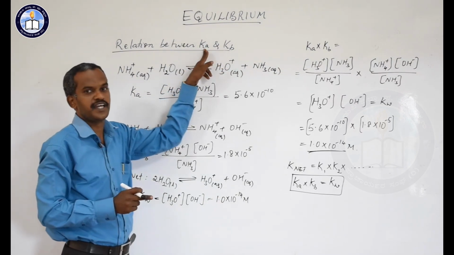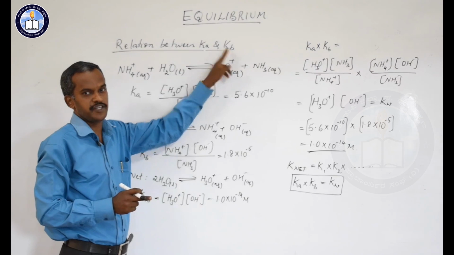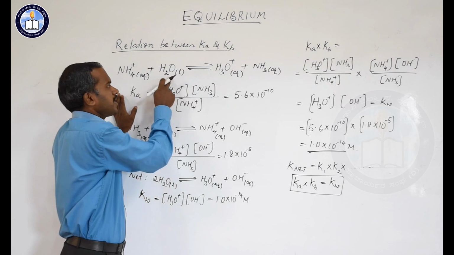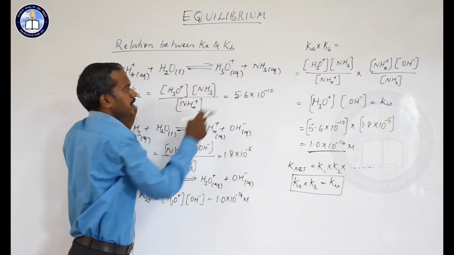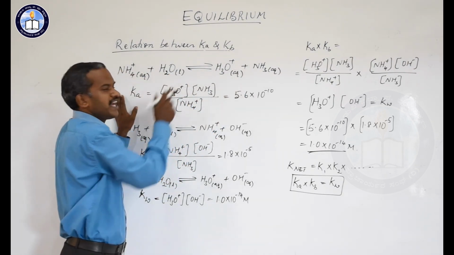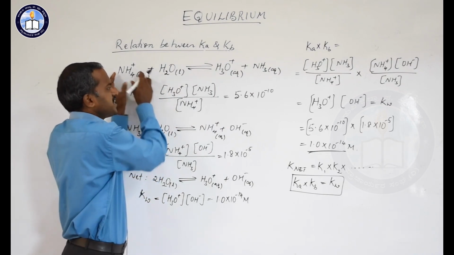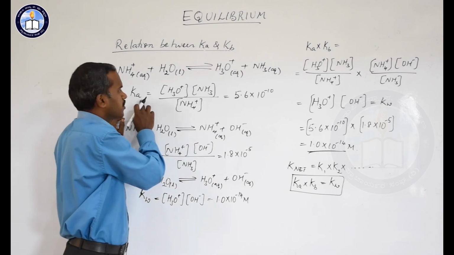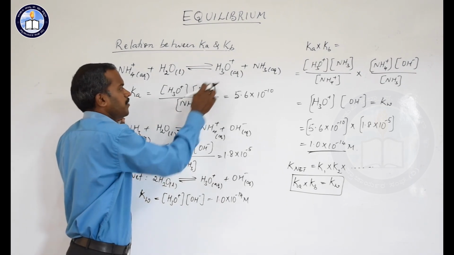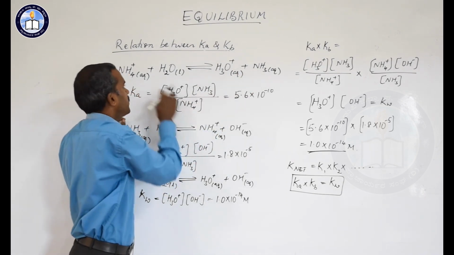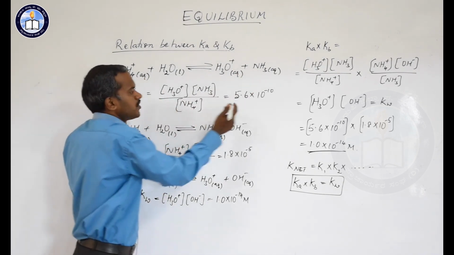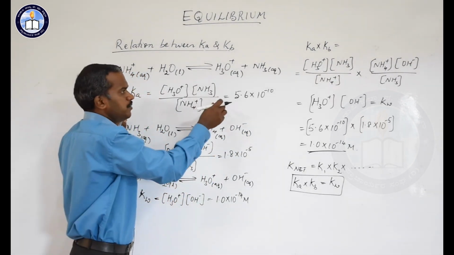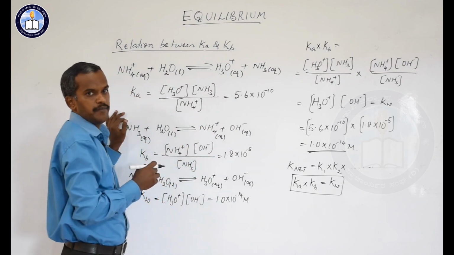Dissociation constant of a weak acid and dissociation constant of weak base, respectively. Let me take up an example. Ammonium ion in the aqueous solution forms a hydronium ion and ammonia. So when it is a conjugate acid base pair, since it is acidic in nature, we can write Ka, the dissociation constant of weak acid, as hydronium ion into concentration of ammonia divided by concentration of ammonium. The value experimentally calculated is 5.6 into 10 to the power minus 10. We take this value just to compare how the Ka and Kb are related.